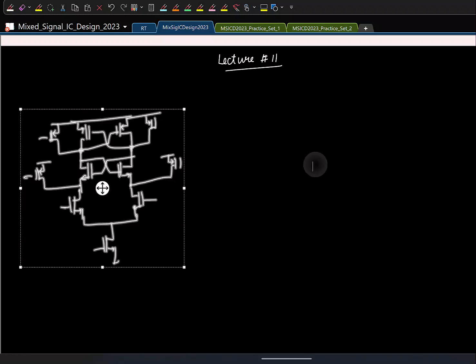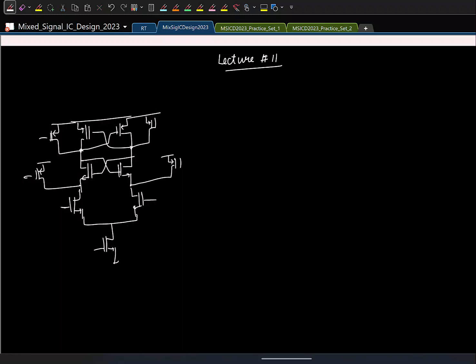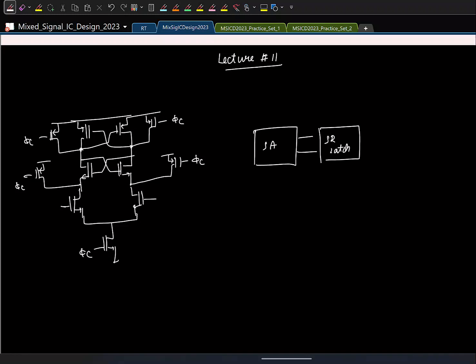And just to refresh, if let's say the latch is active in phase ϕC, the output of the strong arm latch is available only after ϕC is made high. So only for half clock period it is available. So usually you follow the strong arm latch with another SR latch, so that the output is held for one whole clock period. So we then saw we can basically have this comparator, put an array of them, and form the simplest ADC,